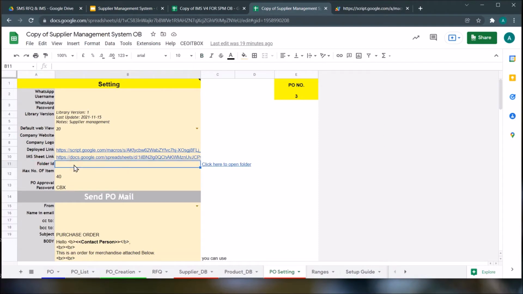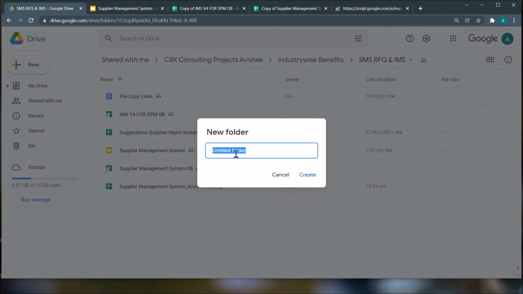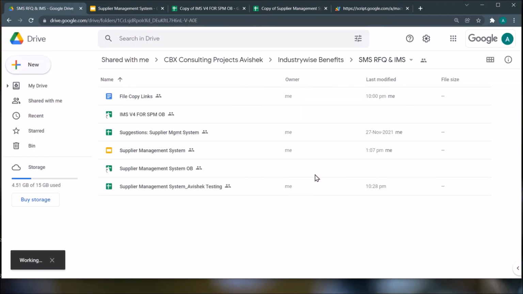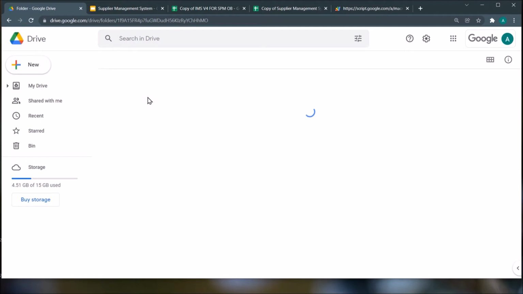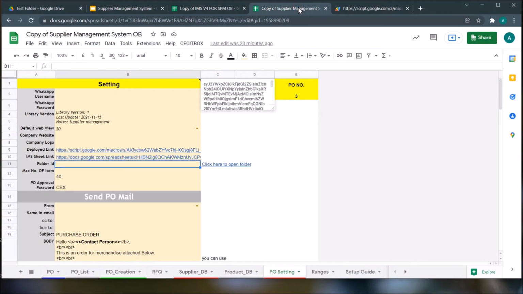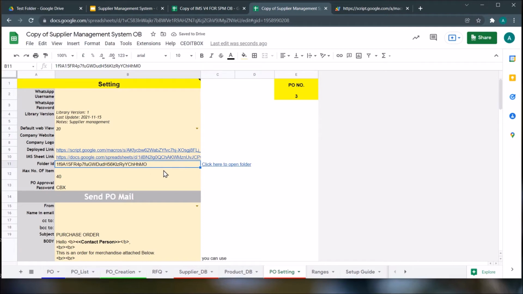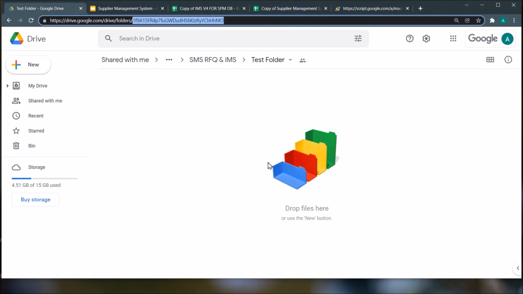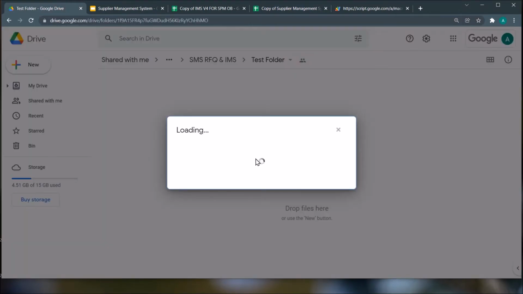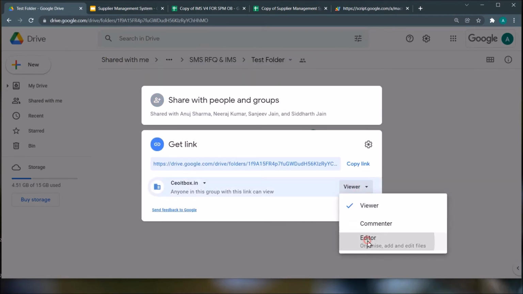Now coming to the folder ID here. You need to create a folder in your drive by clicking on new and folder. Just give it any name. Once you have created this folder, you need to get inside this particular folder and copy the key of this folder. You need to come here and paste this link here. What this will do is, whatever files get created will all be placed in this folder. Obviously you need to ensure that this folder is given access, with editor access, to anybody who needs access.